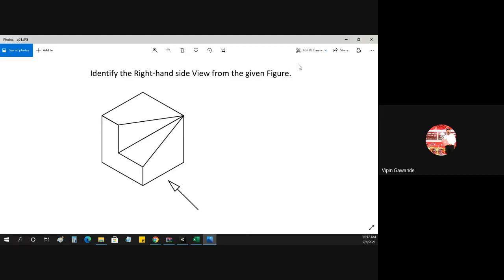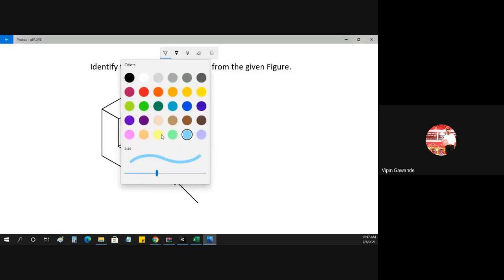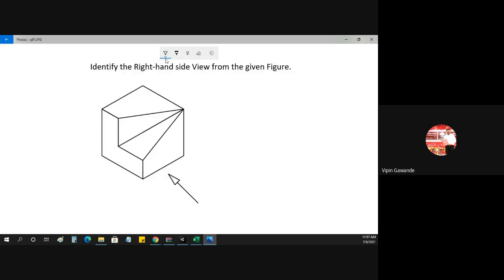So here, in this case, we have to draw the right hand side view. Now this is the front view. From this direction, this is my right hand side, and this one is my left hand side. So I have to see this object from here to get the right hand side view. If you see this box from the right hand side, we'll see the complete box there, because nothing is there. So we'll get one complete rectangular box.